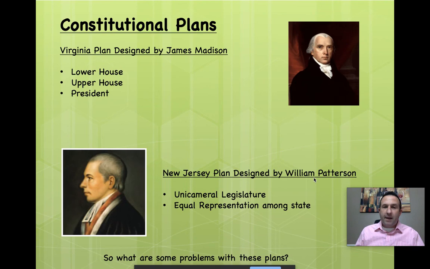So what's the problem with this plan? Well, the big states like Virginia immediately say, all right, wait, hold on. So you're saying that Rhode Island, the tiniest state out there, should have the same voting power in Congress and our government as Virginia, the most populous state? And of course, they hate this. And so these are huge stumbling blocks. Hamilton's plan is out. The 2 major plans that emerge are the Virginia plan and the New Jersey plan.